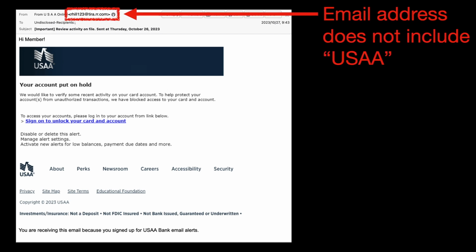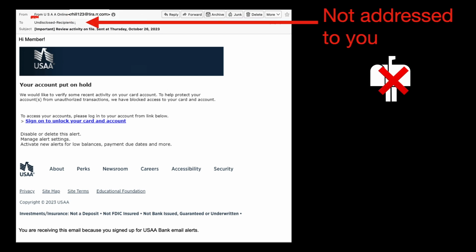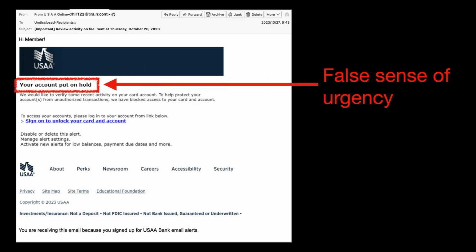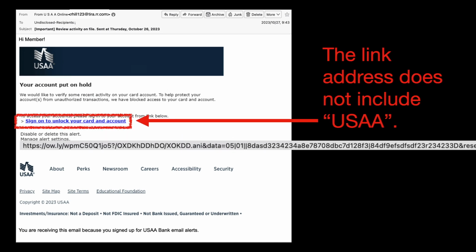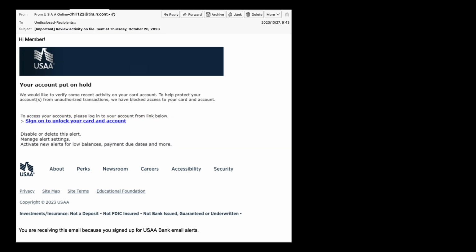First clue, the sender's email address does not include the characters USAA. Second clue, your email address isn't shown in the to field. Third clue, urging you to act quickly. Fourth clue, the link address does not include the characters USAA.